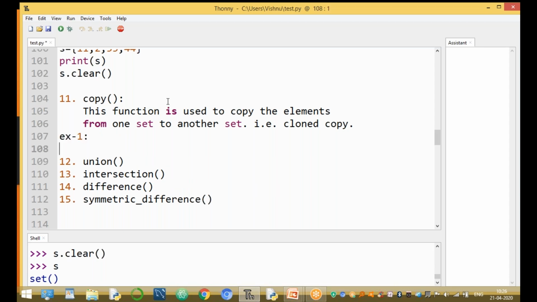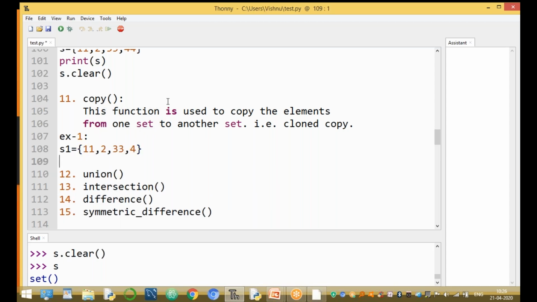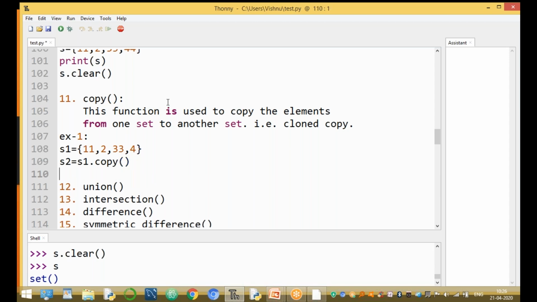Example 1: s1 equal to {11, 22, 33, 44} is a given set. s2 equal to s1.copy(). S1 values are copied to S2. Print S1 and print S2.